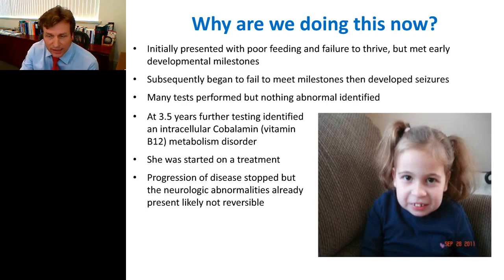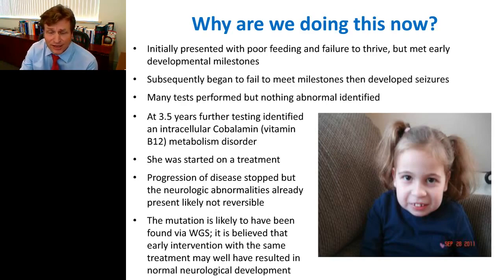And nobody made a mistake on this. It was just the clinical presentation in her case didn't suggest that it was this. There were many different gene tests, many metabolic tests that were done, and it didn't show up. Had we done whole genome sequencing on her, we would have found the variant and we would have known what was wrong. So the reason we do this right now at our institution and what we're focusing on is we're really trying to avoid these types of situations and really trying to prevent that. So that's where we are.